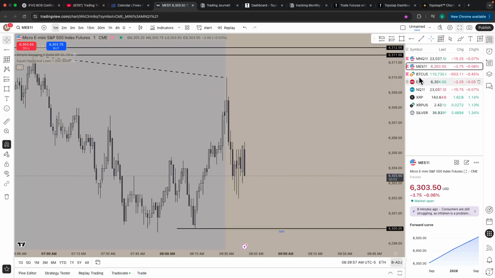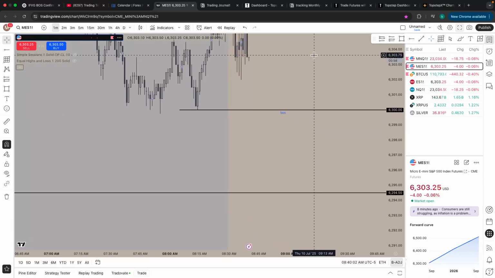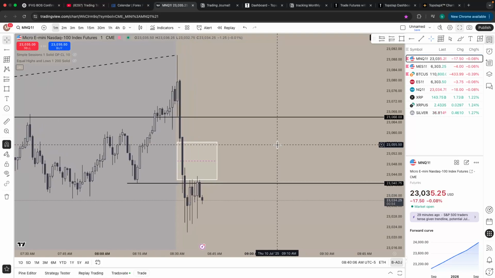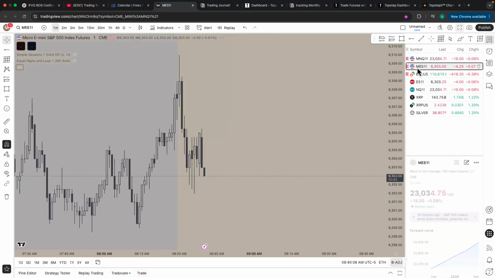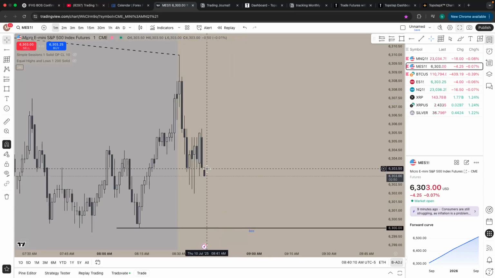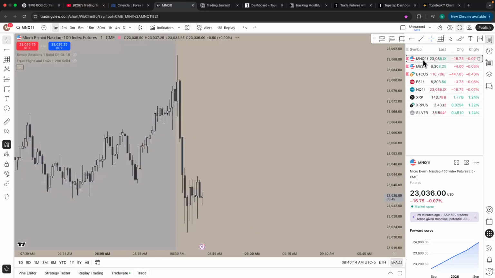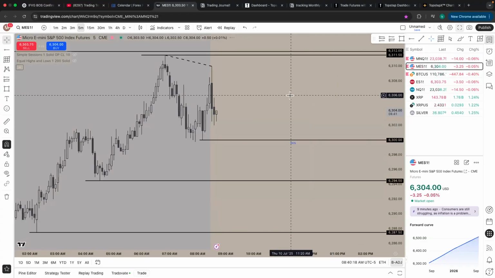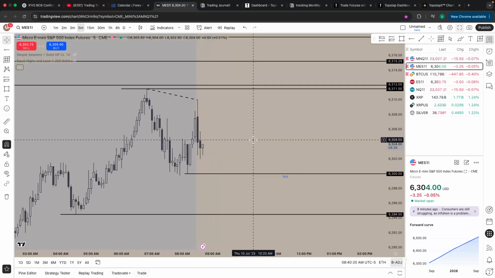Now we're getting some consolidation, but ideally I think we go down and break structure at that point. And if we break structure all the way down there, I'm assuming, oof. That is a really low break of structure on ES that we might have. I mean, right here would have been your break of structure. Yes, it would have been. Holy fuck. That's 5 minute. What am I talking about? Yeah. And the 5 minute on ES, break of structure is not till right there.